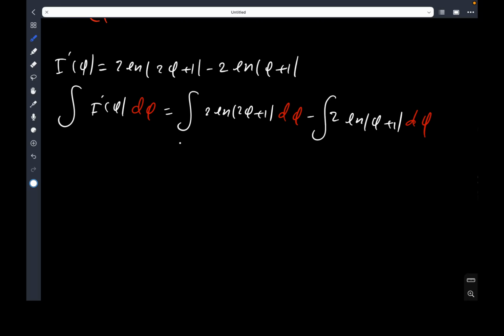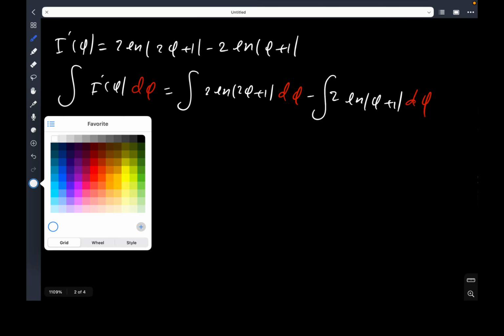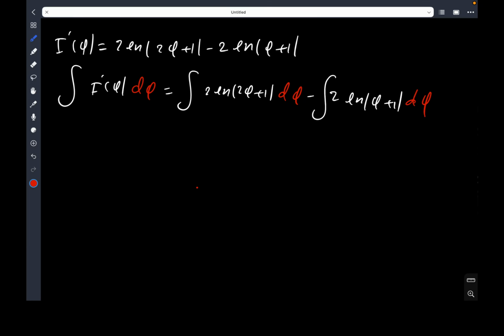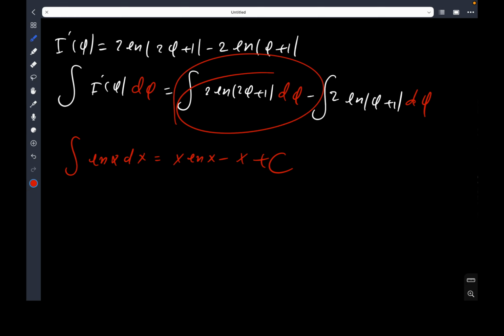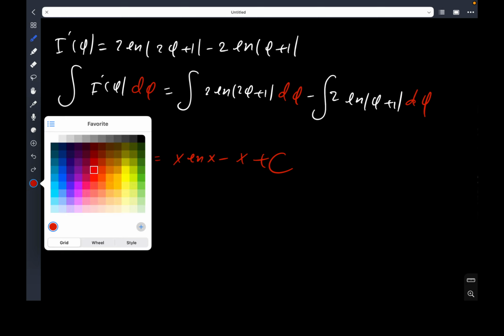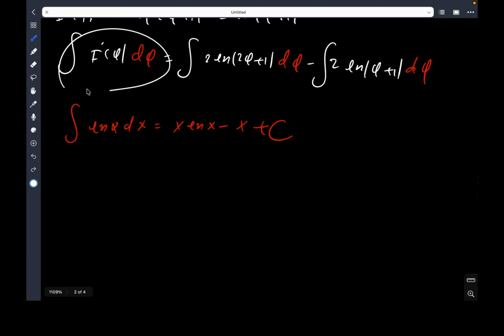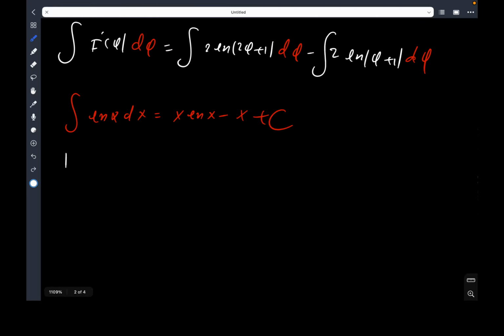And the integral of the ln x is a little bit difficult to solve, but I'm not going to make this video longer, but you can go to my channel and see that indeed the integral of ln x dx, by integration by parts, is x ln x minus x plus c, some constant of integration. Thus, if I want to find this term right here, first of all, this is going to become I of phi, which is equal to 2